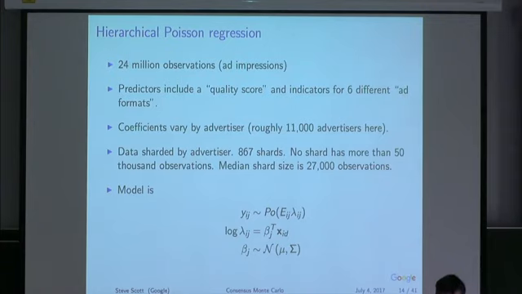And my model is just the Poisson regression. There might be an exposure for the number of times the ad was shown, something like that. And log lambda is beta j, where j is subscripting the advertiser, times x_ij. That i should be a j, sorry. And just to keep things simple, I'm assuming the beta j's come from some normal distribution. So this is a very, very standard Bayesian hierarchical model. The dimension of mu and sigma is, think about it as like 8 or 10 or something like that, right?